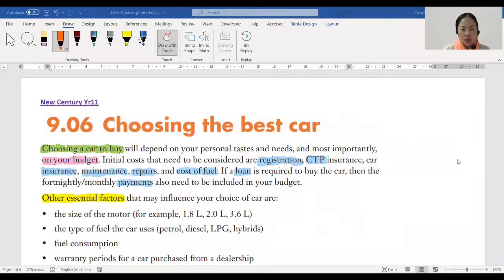Today's lesson is choosing the best car. Choosing a car to buy will depend on your personal tastes and needs, and most importantly, on your budget, of